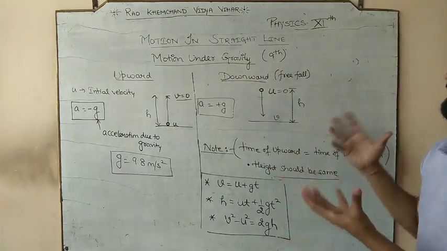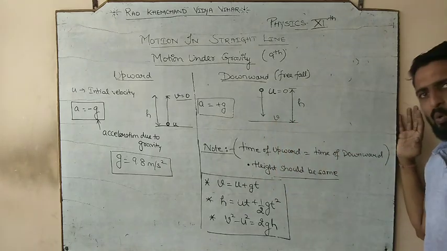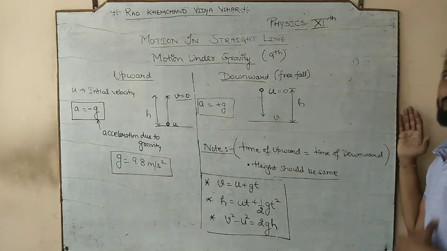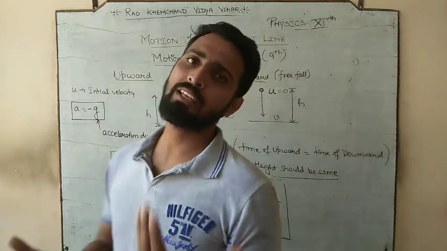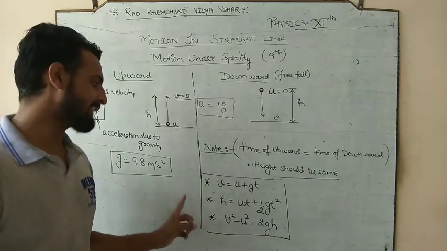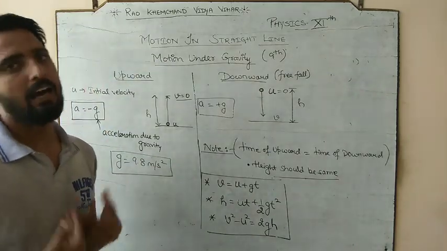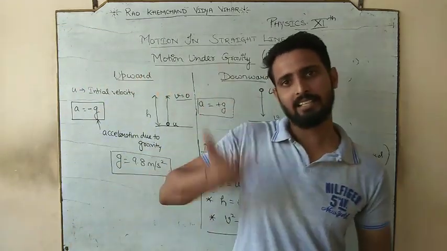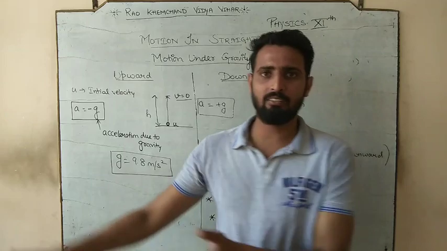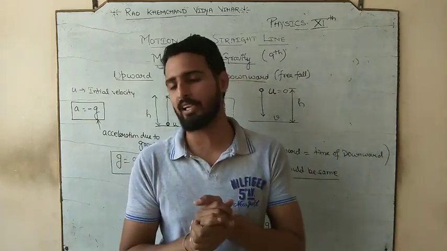That's why, if it is a motion in 1D, every equation would remain the same. The only thing is, the terms that we are using for gravity will change. So a would be replaced by g and s would be replaced by h, because in the vertical manner we call it height. What will we call it? If you covered a distance in a horizontal direction, then you call it distance or displacement.